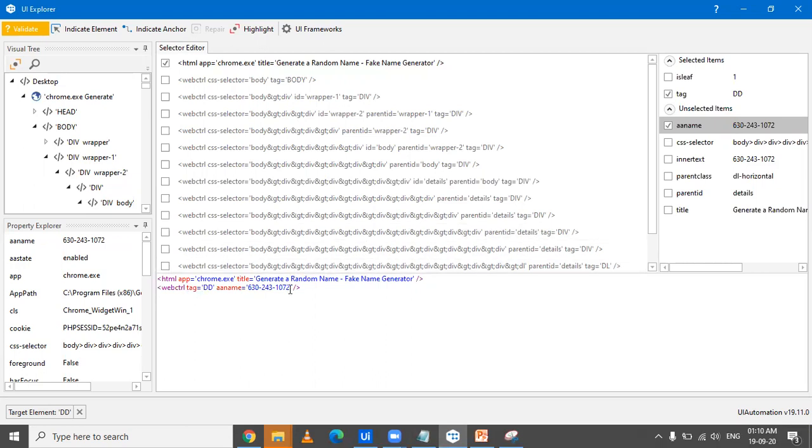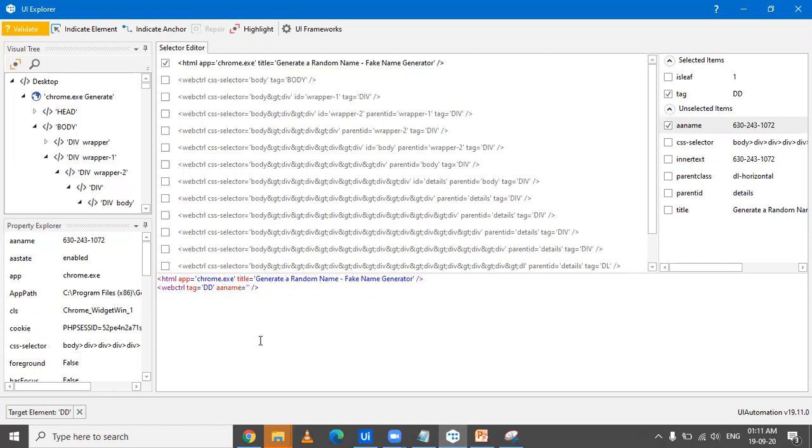What's the use of regular expression here is that we'll define a regular expression for the phone number. So we'll just remove the value here and write an expression which identifies this pattern. If you see the pattern, it's 3 digits, then a hyphen, then 3 digits, then a hyphen, and then 4 digits. Writing that is very simple.